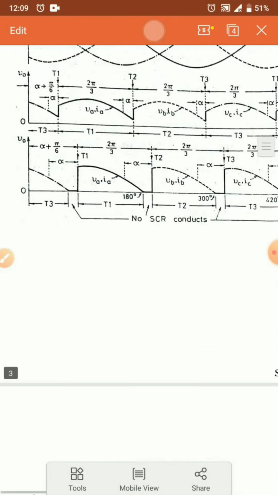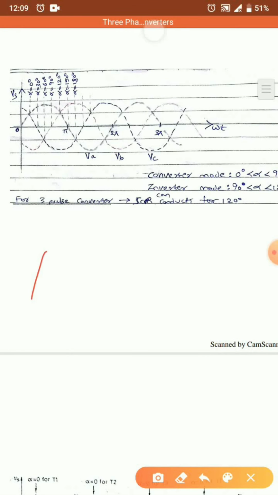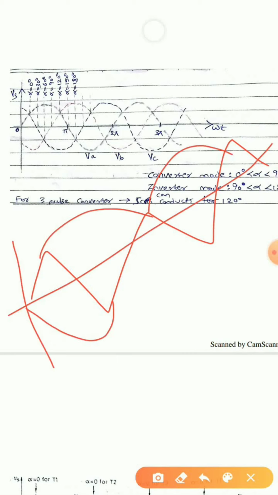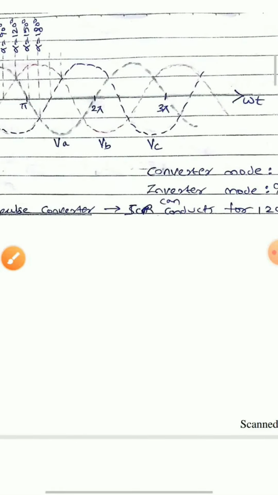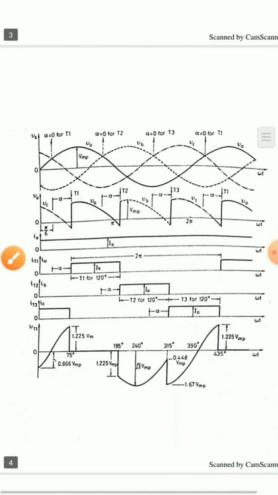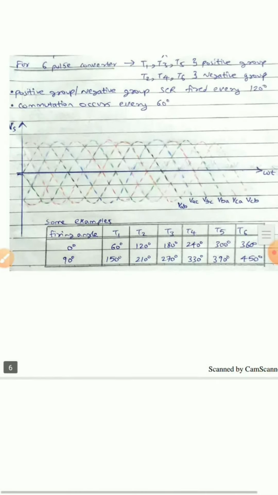And to draw the 3-phase waveform using phase voltages, what I can do is I can just sketch a triangle in this manner. So in this manner, we can clearly see that I can sketch a 3-phase waveform using phase voltages. So these are some of the tricks that we use to sketch the waveforms during the examination, when we have to list out the operation of each and every type of device.